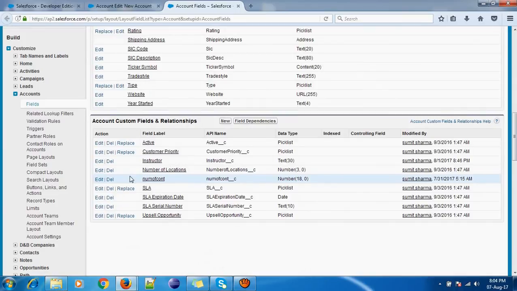You can see here the data type is number, and here is the API name. So what we'll do is copy this API name.